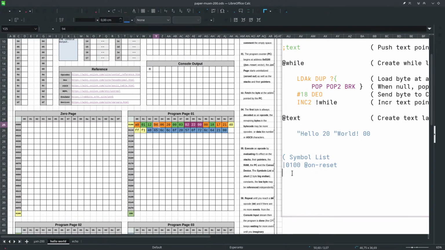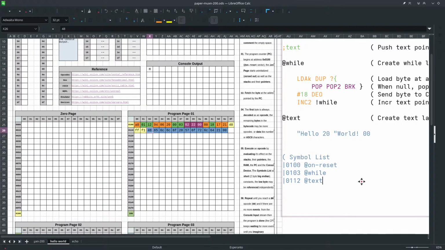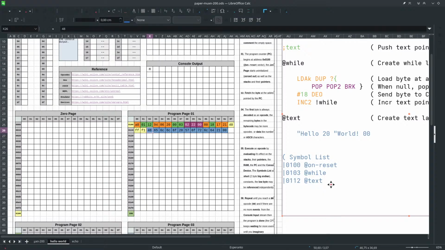So at address 0103, we would have the label while, and at address 0112, we would have the label of the start of our text. Okay,